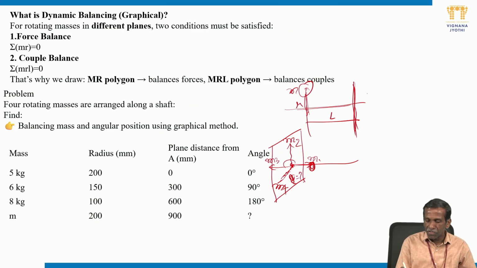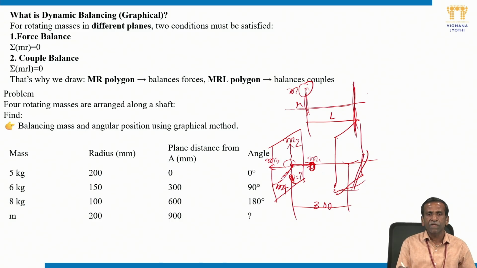Okay, what I mean to say, first force is in this plane and second force is in another plane which is lying at a distance of, what is the distance given? 300. Here to here 300, second mass. Okay, in this problem all the masses are not in a single plane as per the problem. Okay, and third we have another plane,